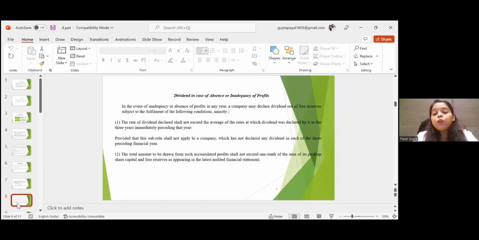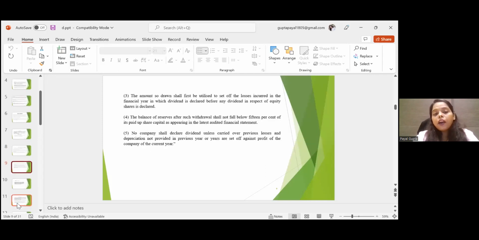बोला जा रहा है कि accumulated profit से आप उतना ही ले सकते हो जितना कि 1/10 का वैल्यू होगा. दैट इज, आपका प्रॉफिट अगर 1 लाख का है तो उसका 1/10 जो आएगा उतना ही मतलब आप ले सकते हो accumulated profits में से या फिर फ्री रिजर्व से, जो कि आपके लेटेस्ट ऑडिटेड बैलेंस शीट में शो कर रहा है. कमिंग नेक्स्ट,